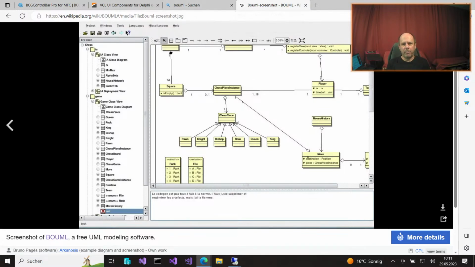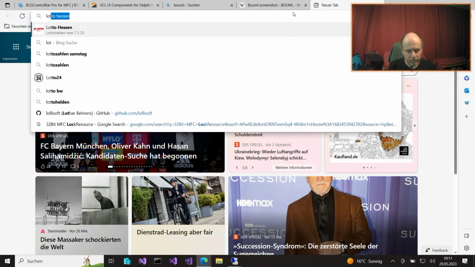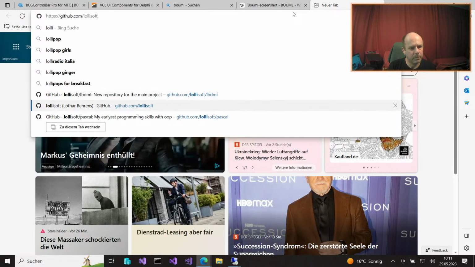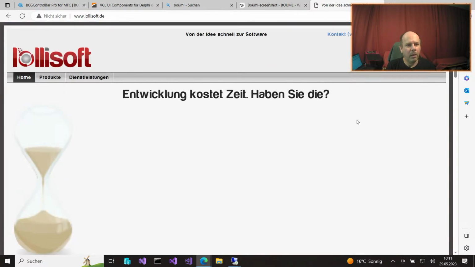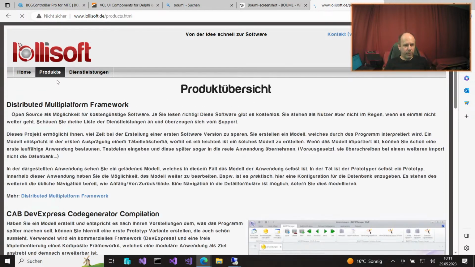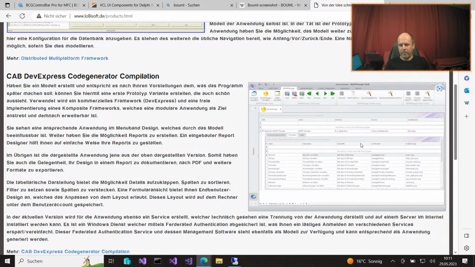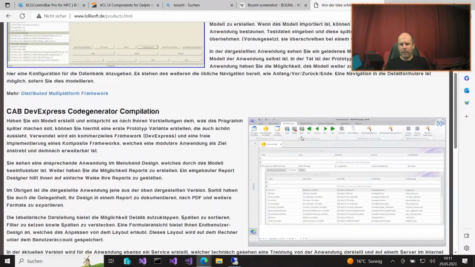And I was able to manage it going until my product supported DevExpress application, code generator, which I was able to create nice looking in that time,